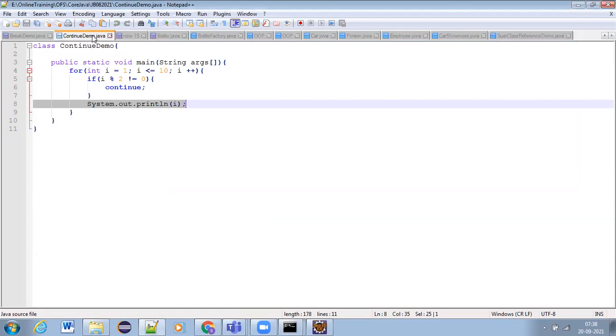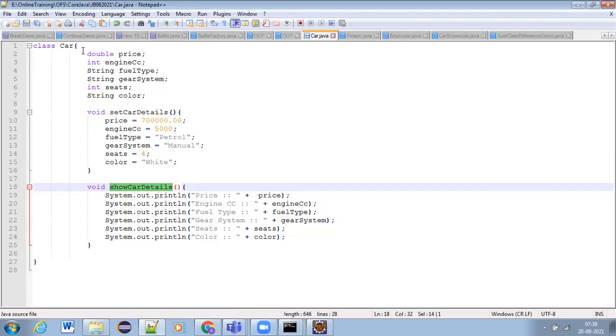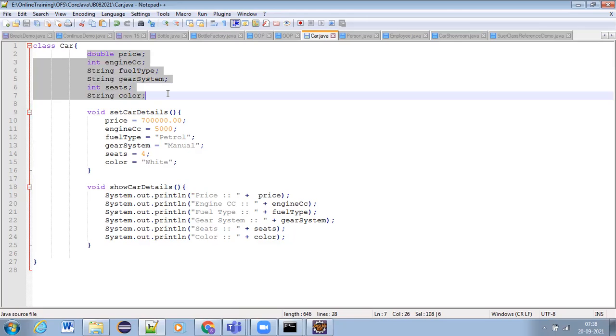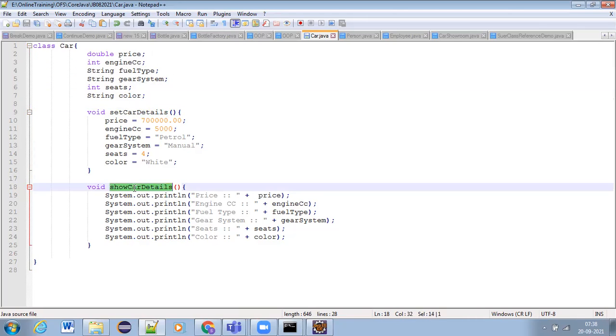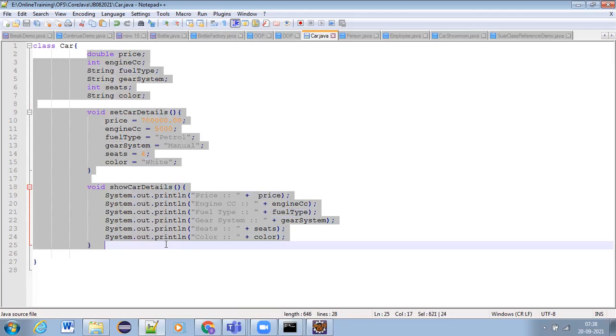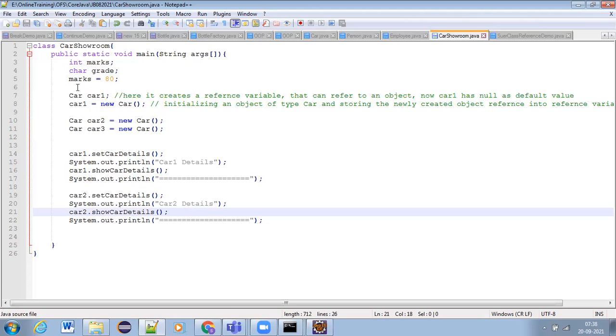So here, what are the class members that we have in the car class? Like price, engine CC, fuel type, gear system, seats, color, and set car details, show car details, right? So if I want to use any of these member variables and member methods in car showroom, I should have a car object created.